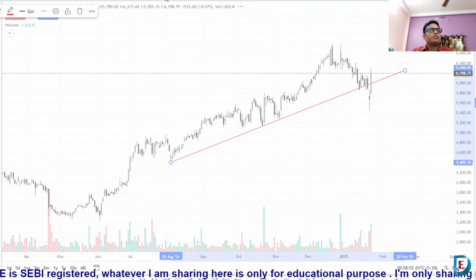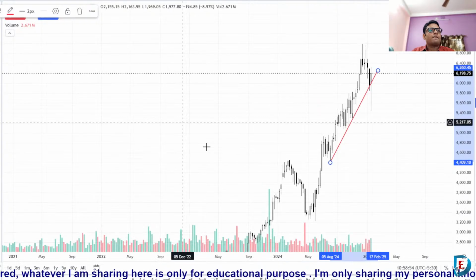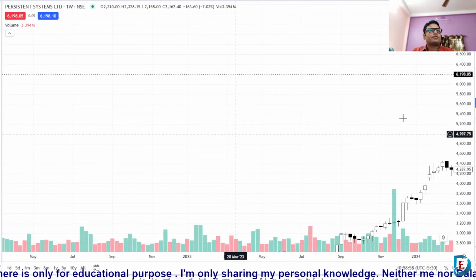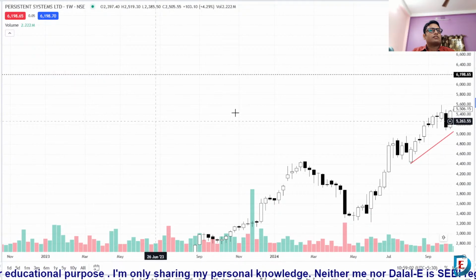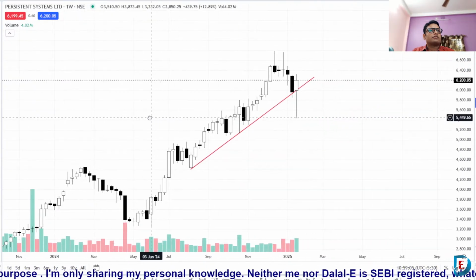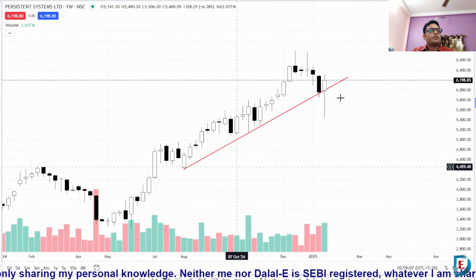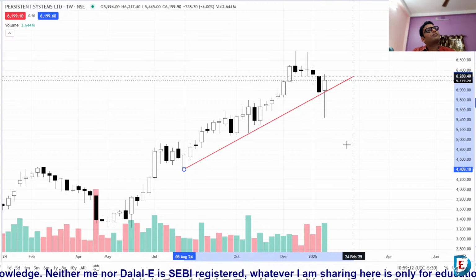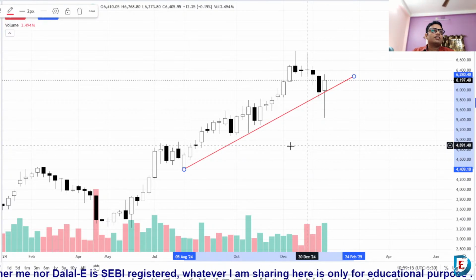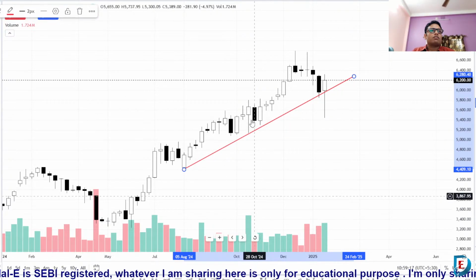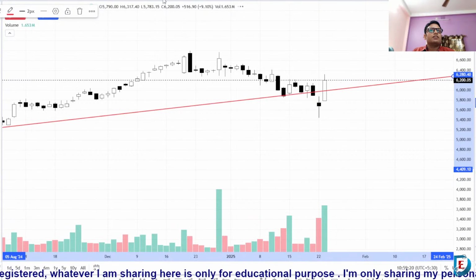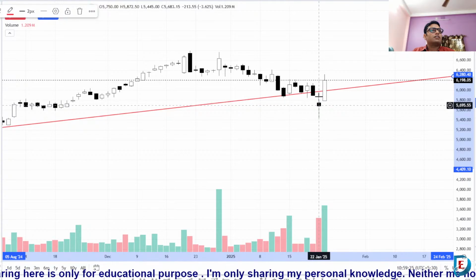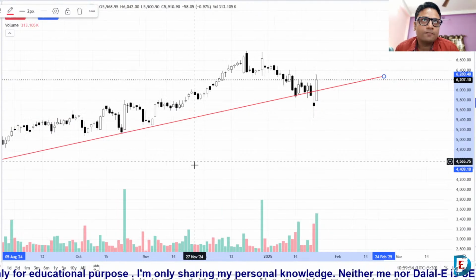Now let's move back to weekly time frame. Price never closed below this trend line in the weekly chart. So I will take it as uptrend. Maybe in the daily chart we get one closing, but this closing